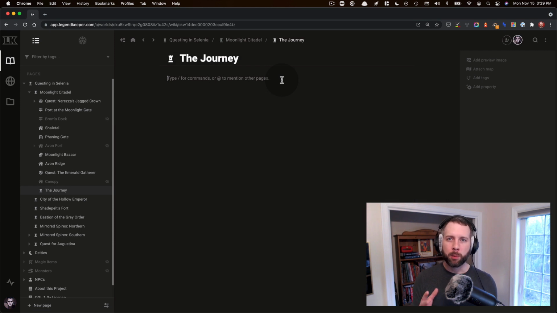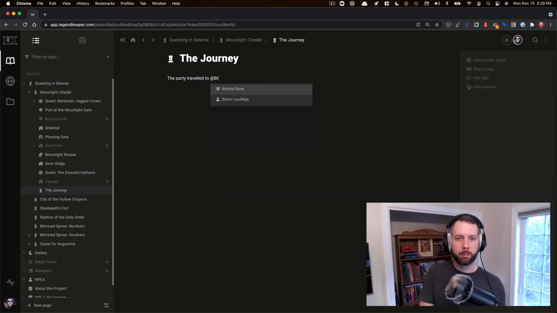Tip number 2 is more of a writing tip. You already should know about how to link pages in LegendKeeper using the @ symbol. But what this can lead to is tiny interruptions while you're actually writing. I'll show you what I mean. The party traveled to Brahms Dock. After that, they made their way to